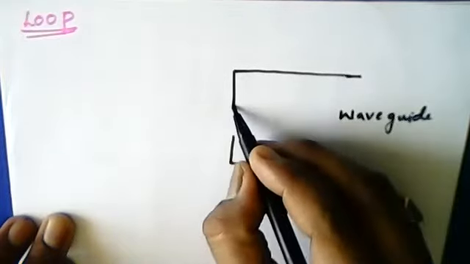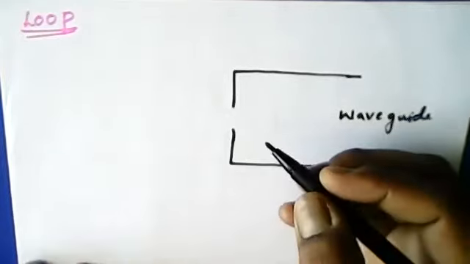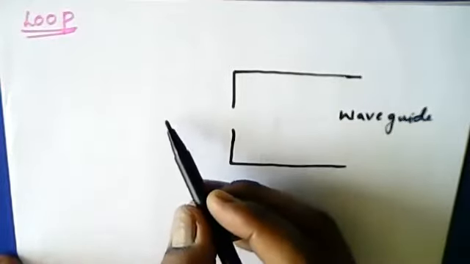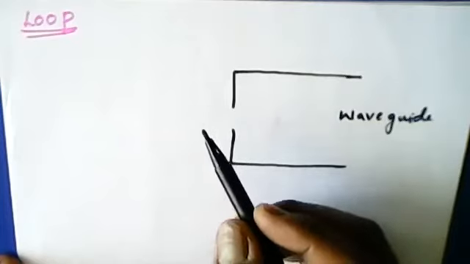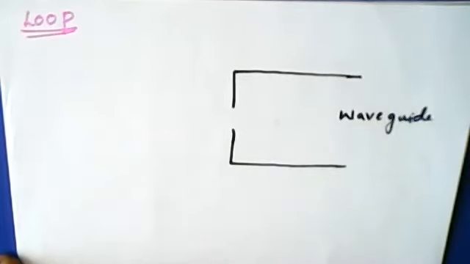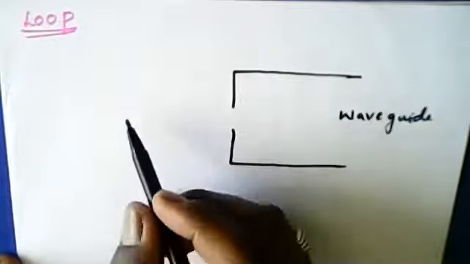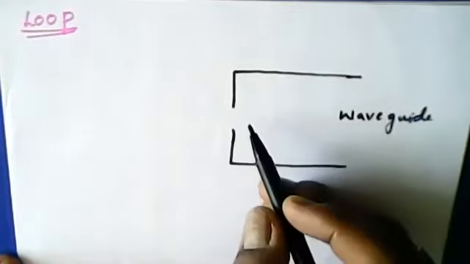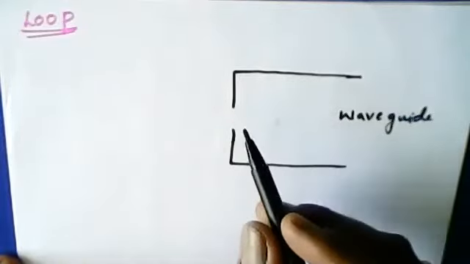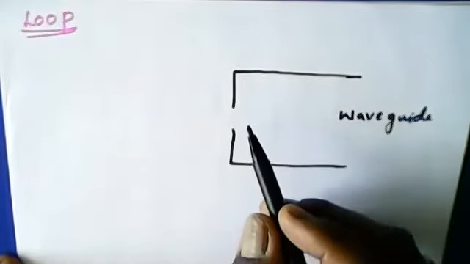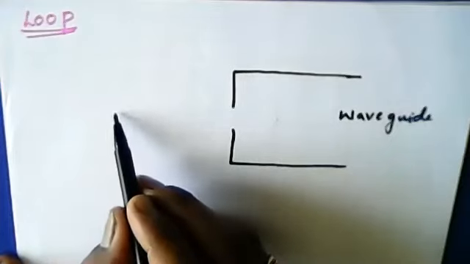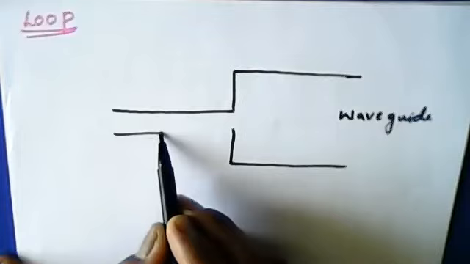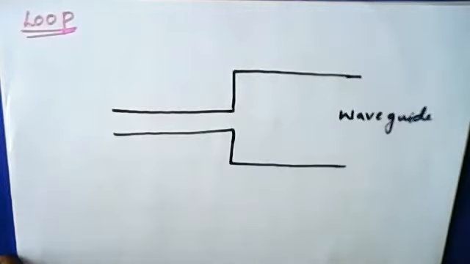And now for that, the same, we can use a coaxial cable. Where we have used a coaxial cable initially for working as a probe there. Similarly, for the case of a loop also, consider a coaxial cable there. So let me consider a coaxial cable. So this is a coaxial cable we have.